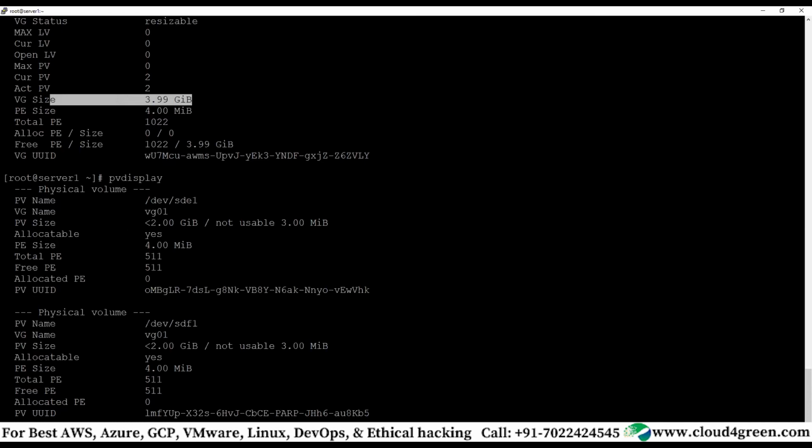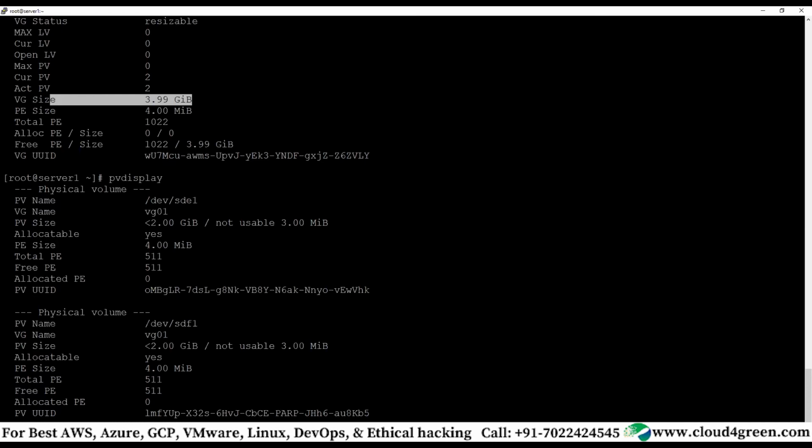Clear? If you want further reading, go and do a Google on physical extent. What is physical extent? The things are very big, and you might not be able to understand it completely. So currently, don't focus on physical extents and all those things. Focus on commands, how to create. You should understand what you're doing, not just issue commands. When you're doing a PV, you should understand what exactly you're doing.